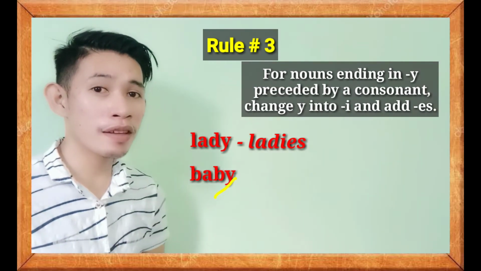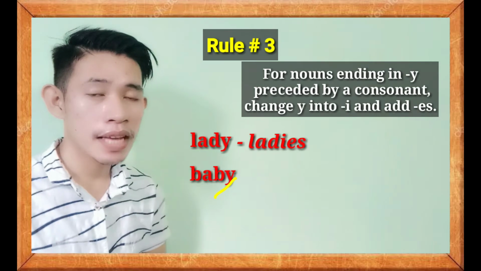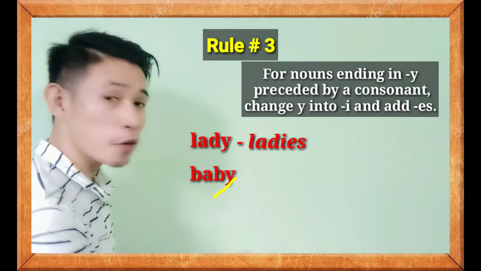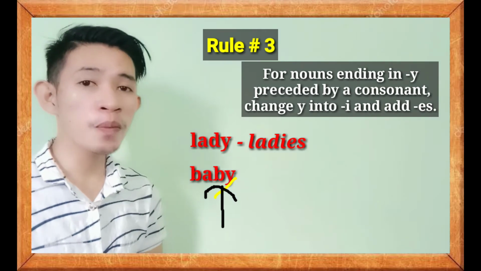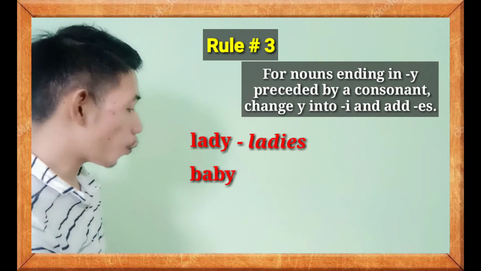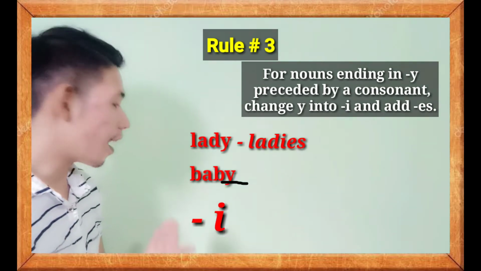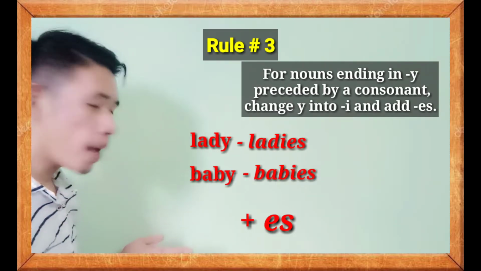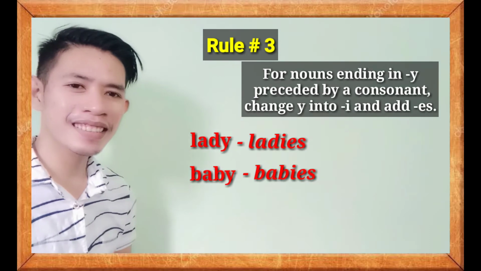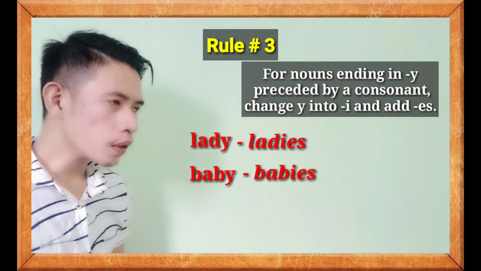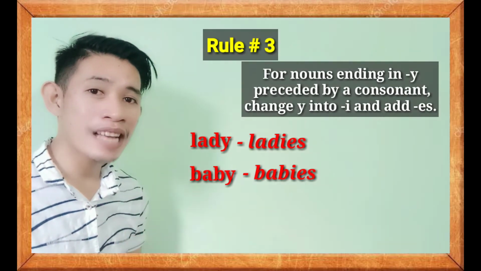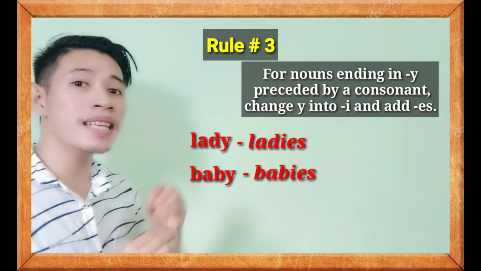Baby ends with letter Y, and it is being preceded by a consonant letter B. So, we're going to change Y into I, then add ES. So from baby, it became babies. Clear? Now take note. We're going to do this if the word ends with Y that is being preceded by